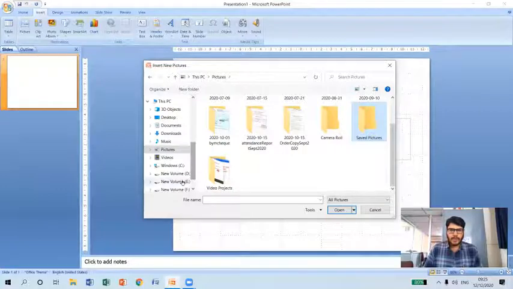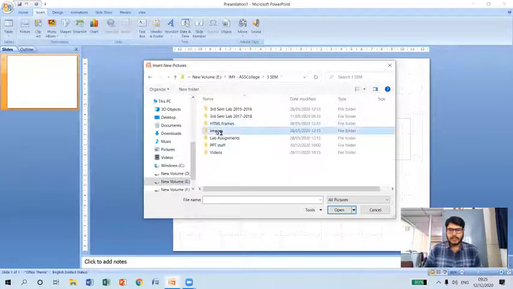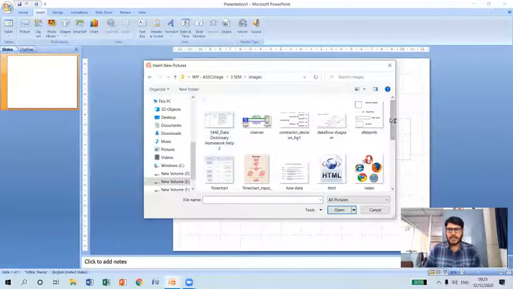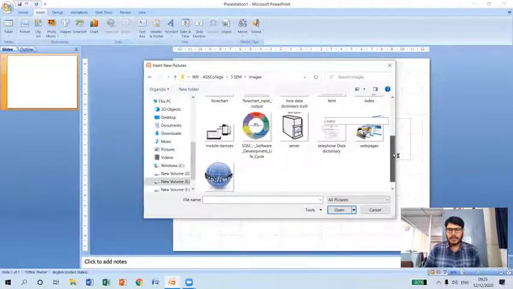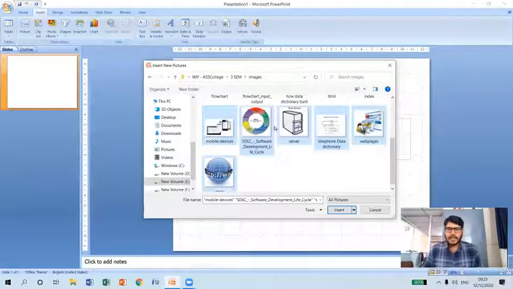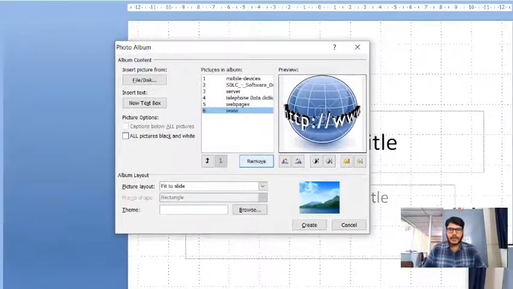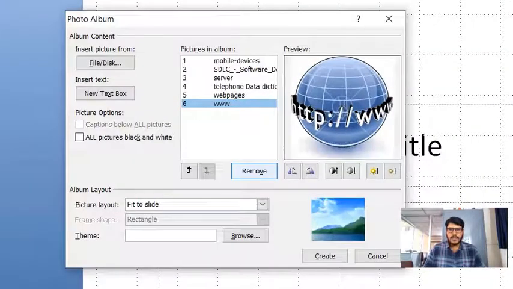Let me select within my folder, third sem, and we are having some images here. Let me select some of them. As you can see, I have selected 6 images, and after this I'm going to click on insert. When I insert, you can see in the dialog box it has included 6 images.